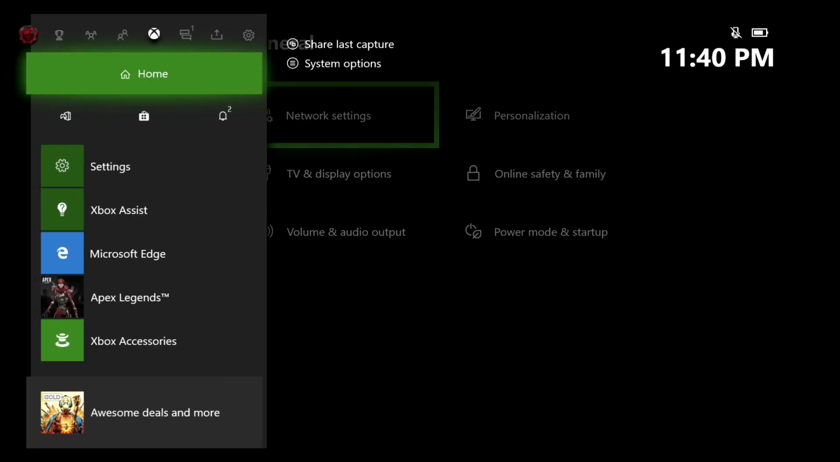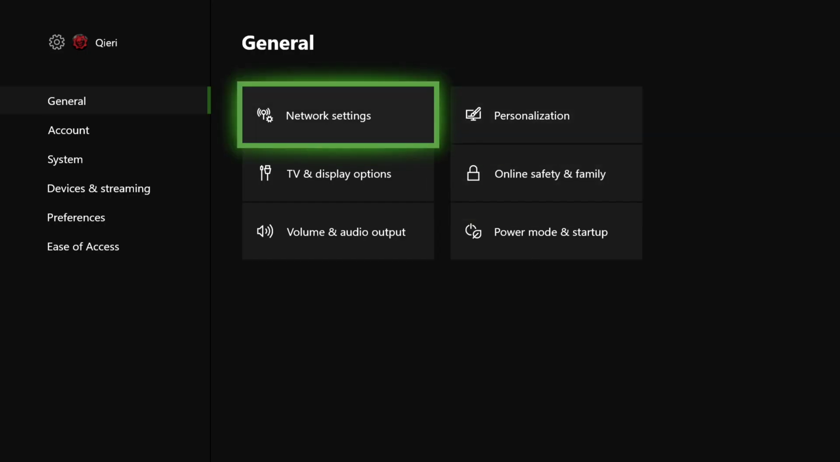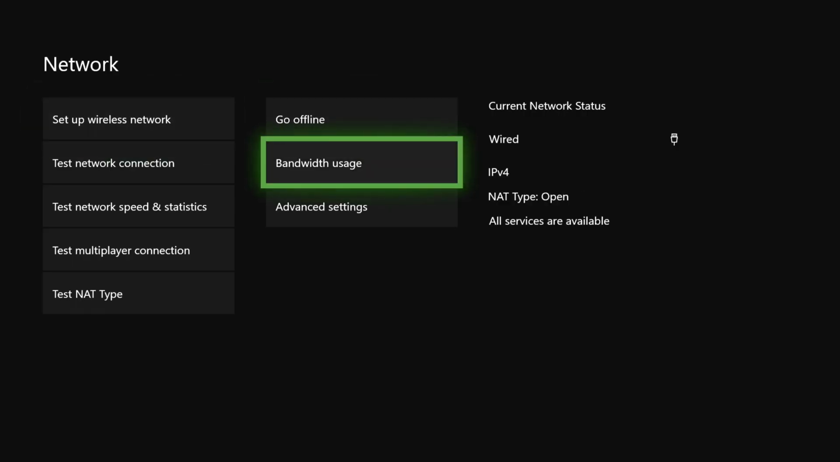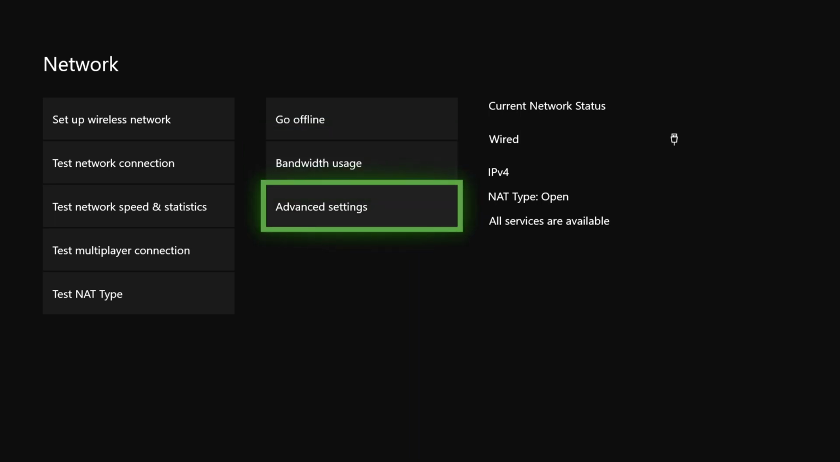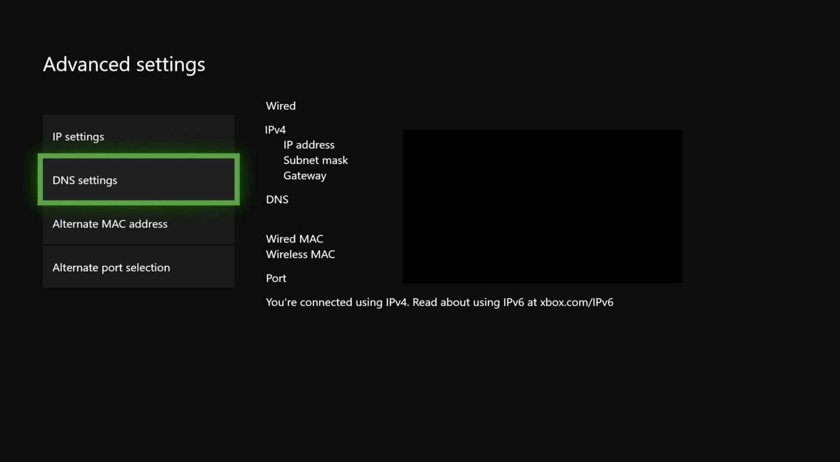Now let's go back, and let's go to the next settings you can also use. So let's go back to network settings. What I just showed you guys will fix a lot of problems. If you are getting error codes and things like that, you can always do what I just did. But let's go back to advanced settings, go to DNS settings,